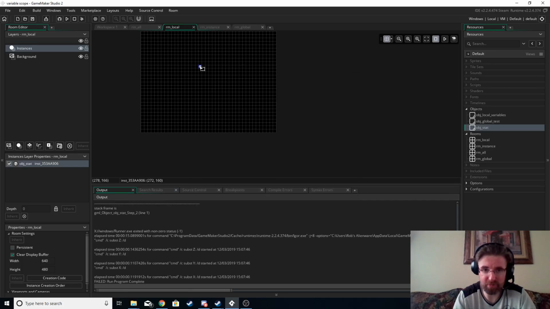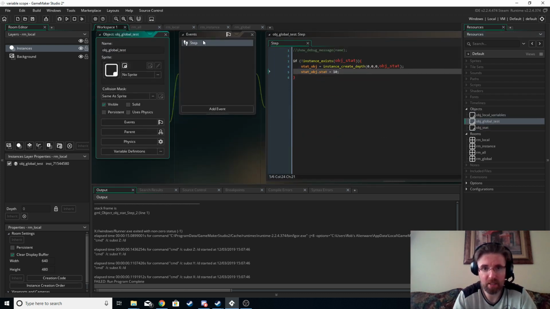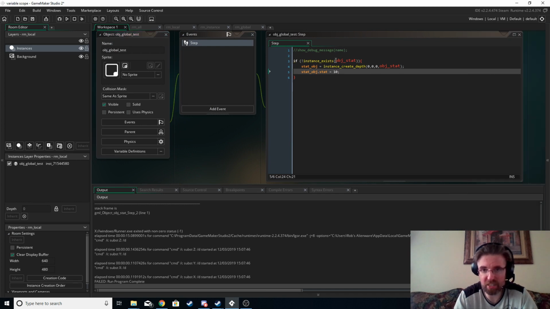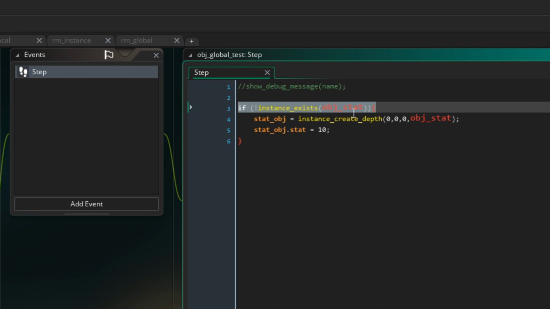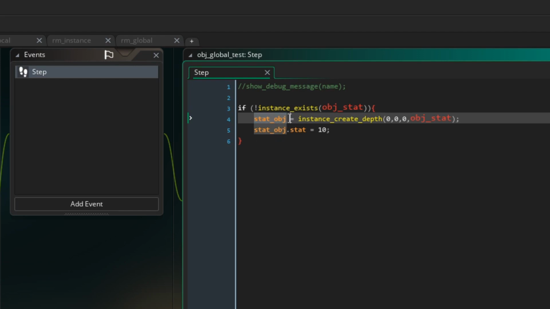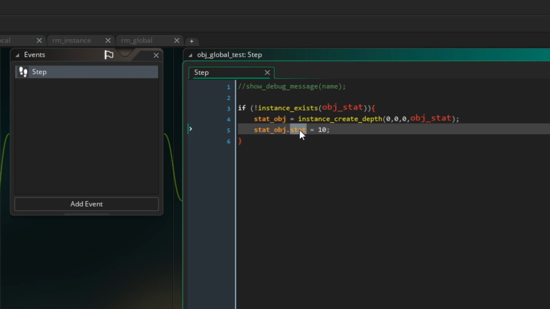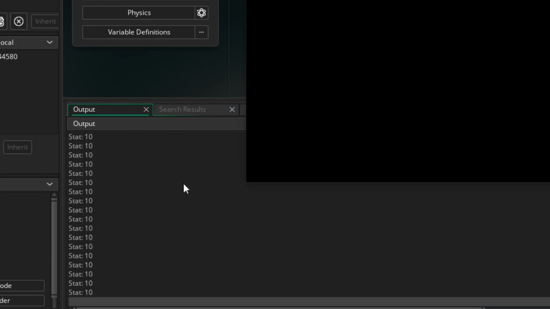Okay, so if we delete this object and we put this one in here, global test, in the step event, we're going to check to see if an instance exists of obj_stat. If it doesn't, we're going to create one. We are going to store the ID of the instance we just created inside stat object, and then we're going to tell this instance we created that its stat variable equals 10. So we're going to be creating a variable from a different object into this new instance. So if we now run the game, you can see stat 10,